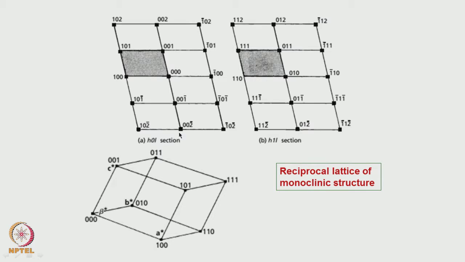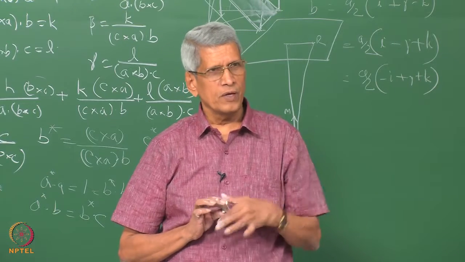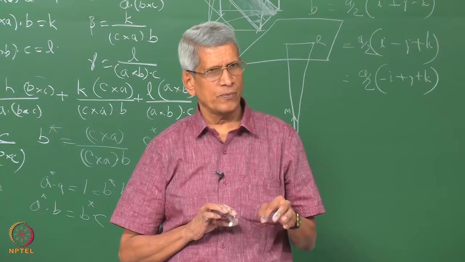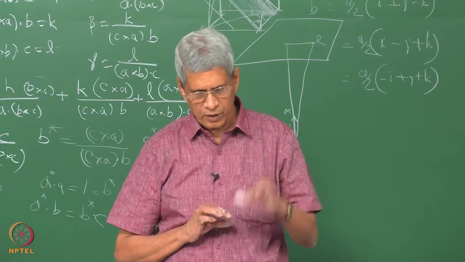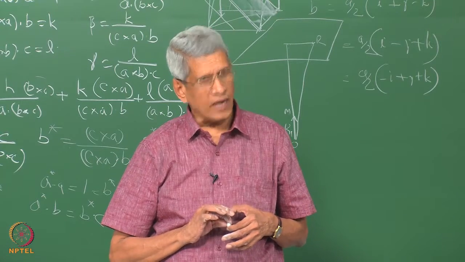But what is essentially important is that this is one layer, this is another layer which is being put on top of each other. This is how the monoclinic reciprocal lattice has been generated. Similarly, one can work out the reciprocal lattice for cubic and non-cubic systems also, for which I will give you some assignments to work on, and then we will have a special class where you will work it out. Then it will become quite clear how these reciprocal lattices can be constructed.